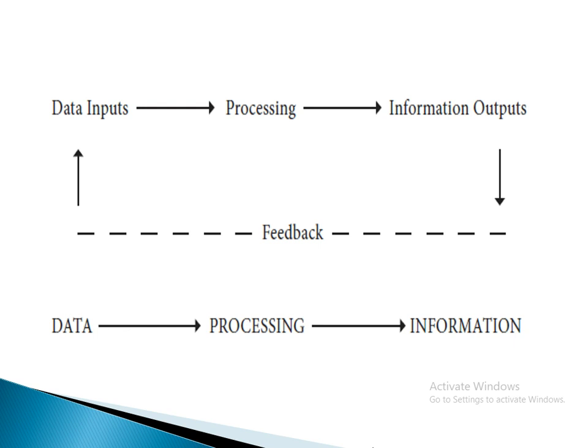So through processing data, you get information. Data is in a raw form, and information is in a pure form. After processing only, you will get such type of information. That processing can be arithmetic calculations like adding, subtracting, multiplication, or maybe sorting, eliminating, deleting, adding. Such things are usually done in processing.